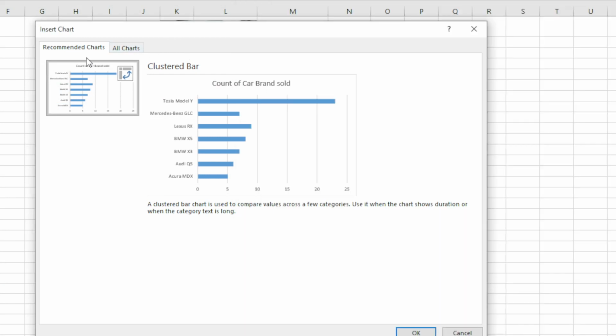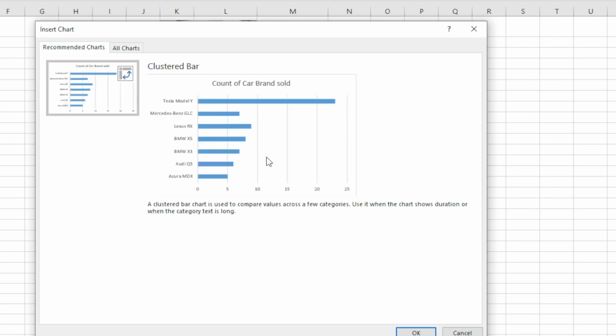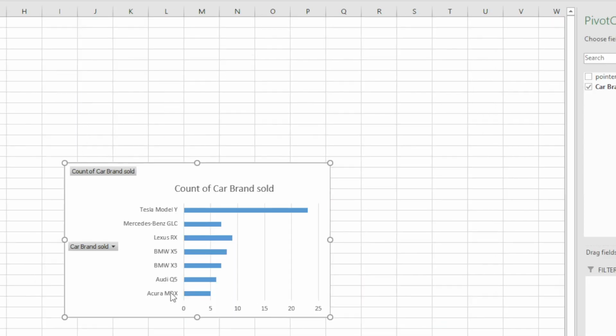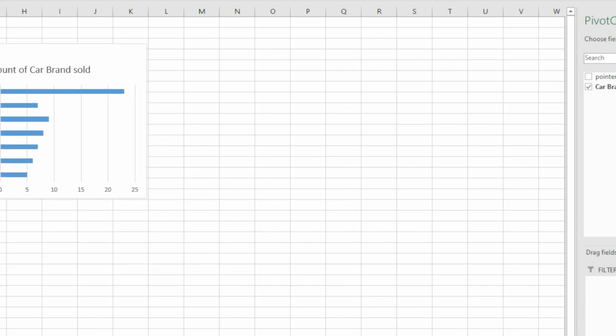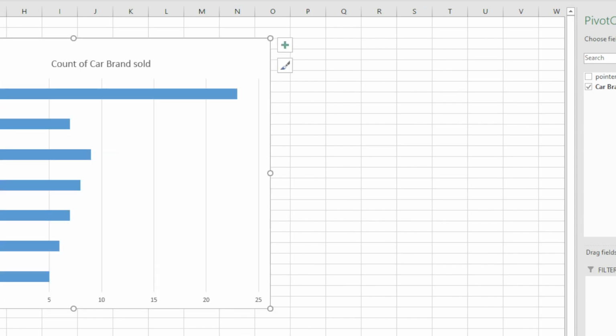and you can see that it automatically figured out this is a categorical variable. There are 7 categories. It already formed a bar plot for you, which is great, a sort of clustered bar. You can also go to All Charts if you want and play with other options. In this case, let's stick with this one. Click OK, and then what you see showing up is quickly the bar chart of interest that we wanted,